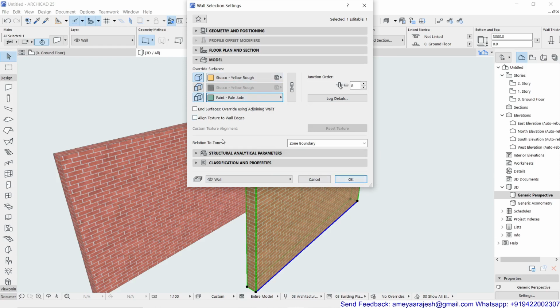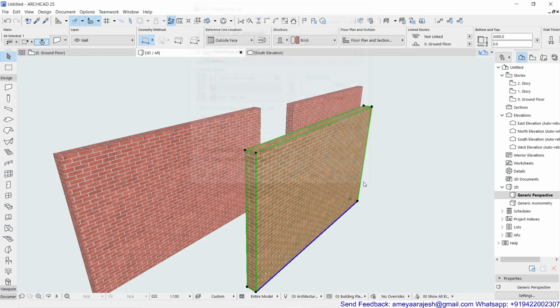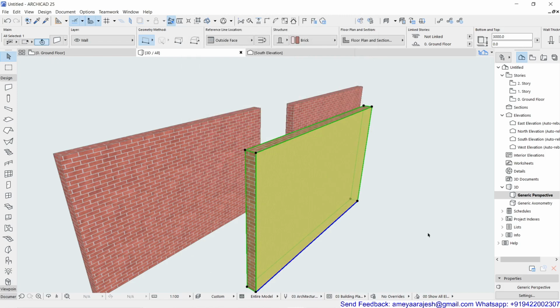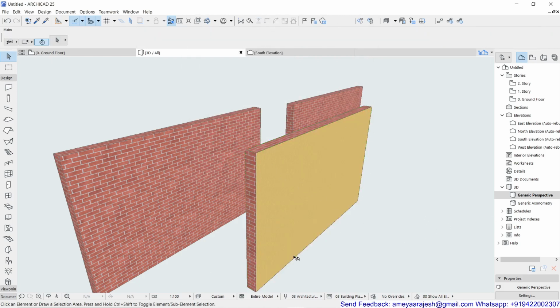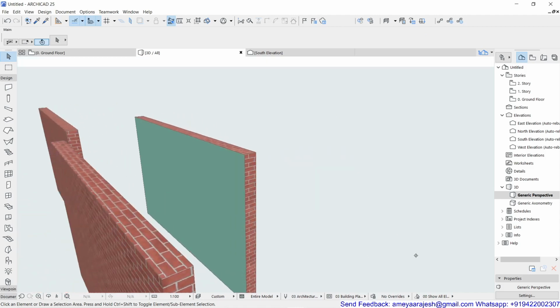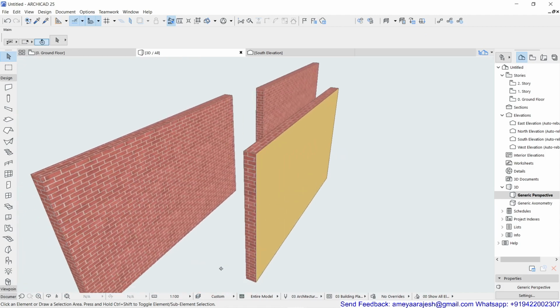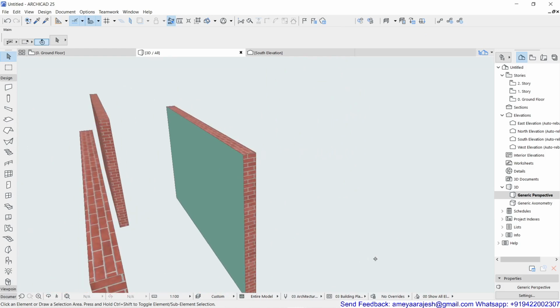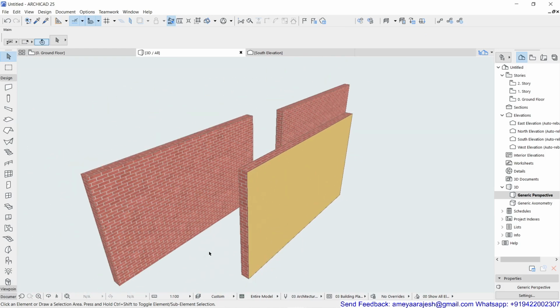Now, when I say okay, remember the edges are not getting affected for the wall, only the outside face and the inside face. If I say okay, you will see now the wall for its appearance, especially on the outer side face, how it is working, and for its inside face. Okay, so this is how I can now actually isolate the inside and outside face visually on screen.